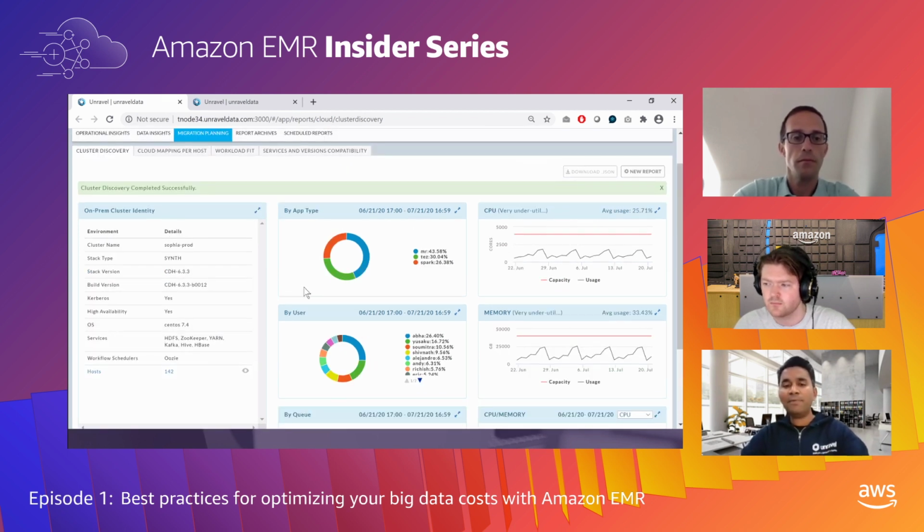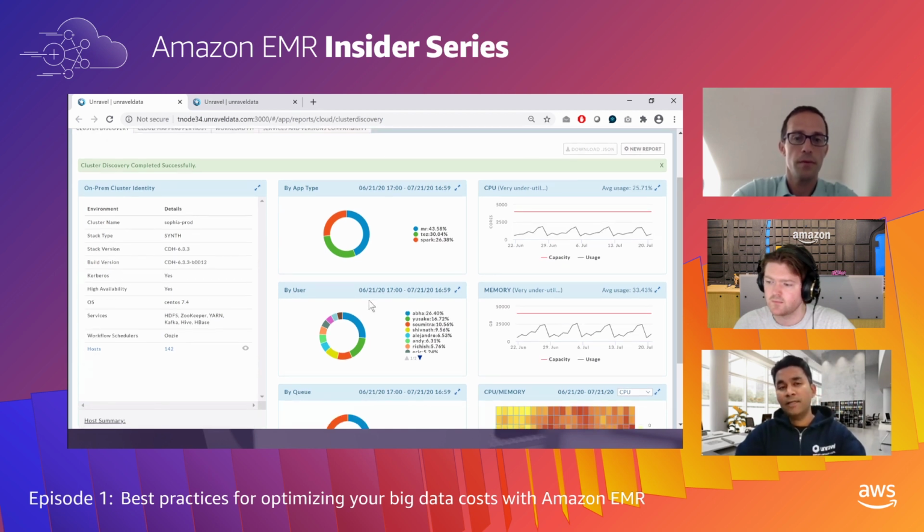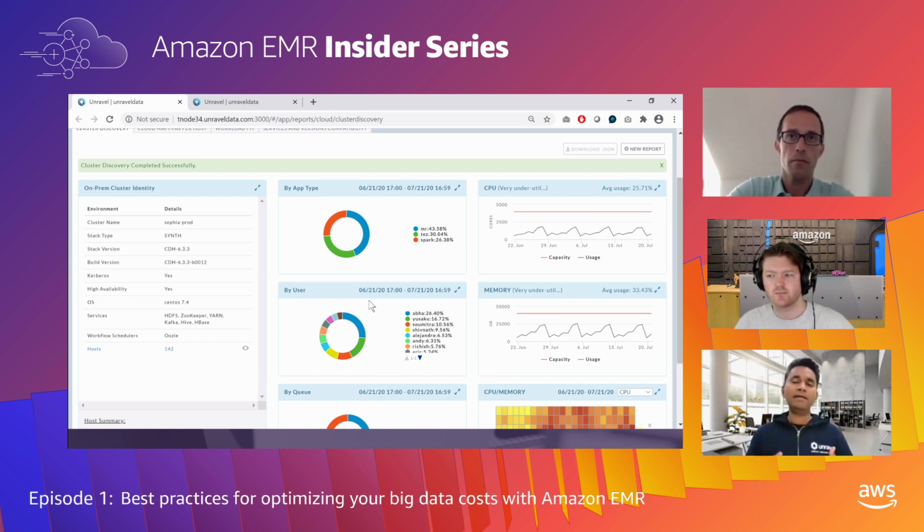And then here I have all the app information, right? What jobs am I running? Are they all Spark, or am I running some MapReduce, and am I running some Presto? And which users are actually running these apps, data pipelines on this environment, right? Is it one user, or is it hundreds of different users? And really get a breakdown of all of those different users as well. Because not all users are made equal, right? Some may be consuming more resources, some may be doing more ad hoc jobs versus scheduled data pipelines, for example.